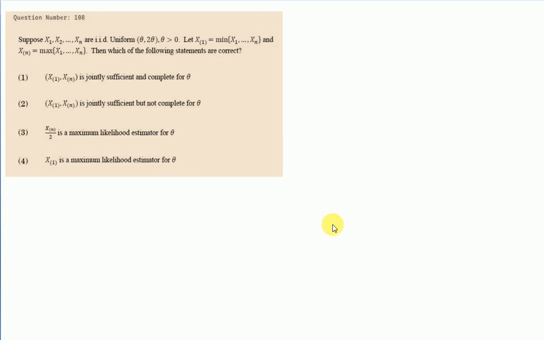This last question is based on X1, X2, ..., Xn inference portion. It says X1, X2, ..., Xn are IID Uniform(theta, 2 theta), where theta is greater than 0. Then which of the following statements are correct? First of all, we need to think that,